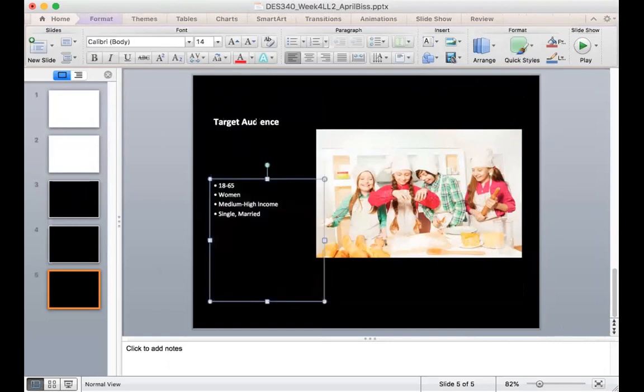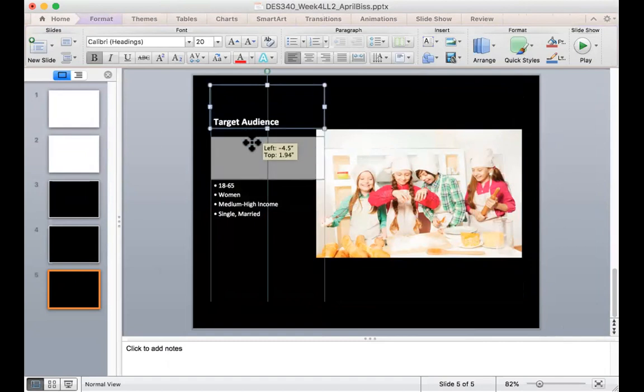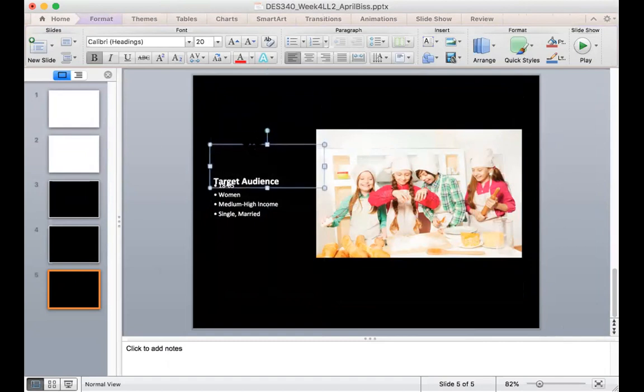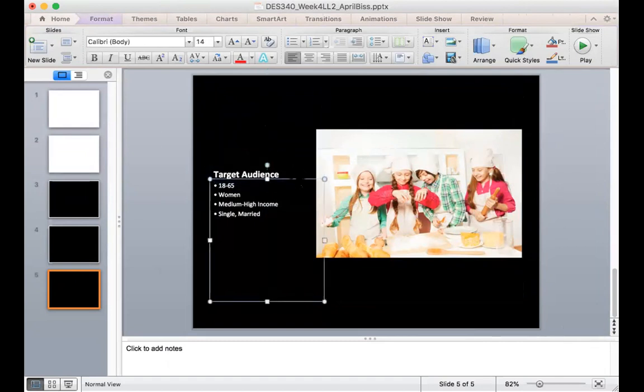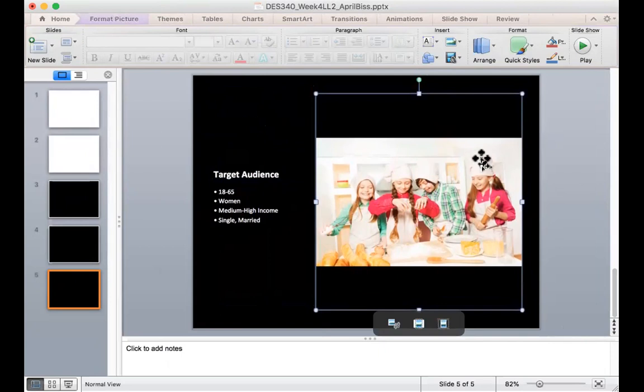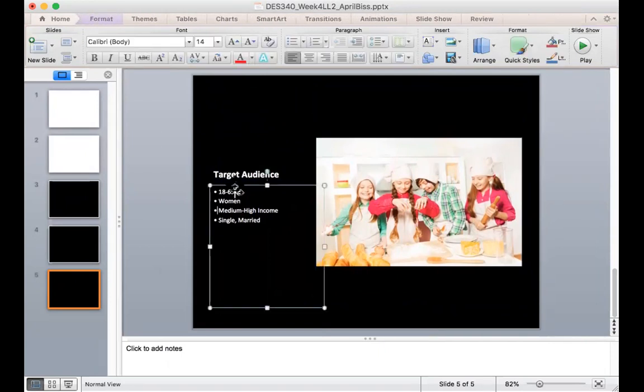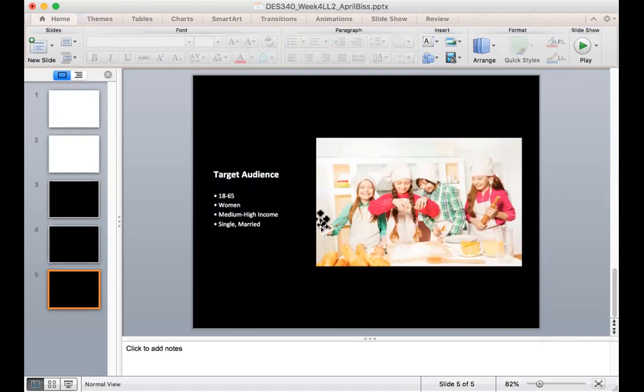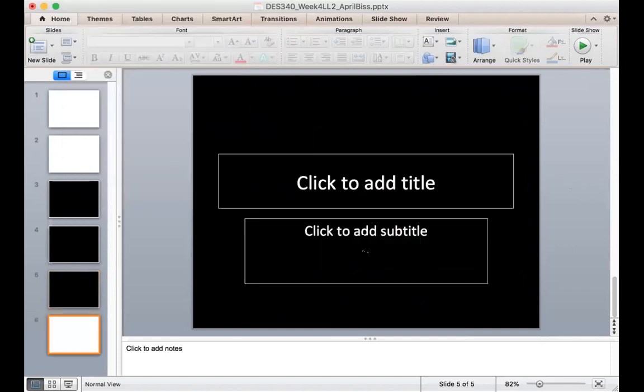So you could do a whole list here and then just kind of talk about it in your presentation. The more specific you are, like I said, the better. And even though you're honing in on a specific target audience, it doesn't mean that you're not thinking about other people. It's just who you're actually speaking to. Just remember that. All right, the next slide would be